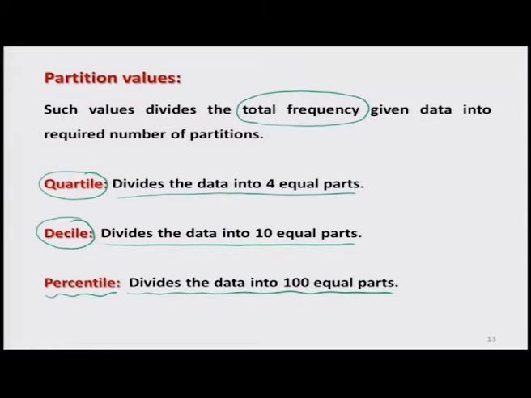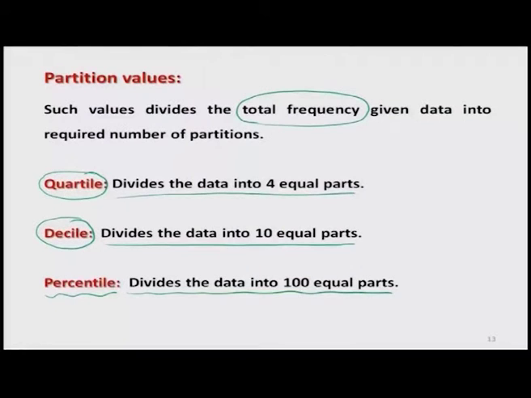percentile. And nowadays you know that in various examinations they have different types of criteria, that in order to appear in the exam you should be in the top 20 percentile or top 30 percentile and so on. So, these are the same value. In general, these partitions are called quantiles. When these quantiles are 4 in number, that means 4 equal parts, they are called quartiles.